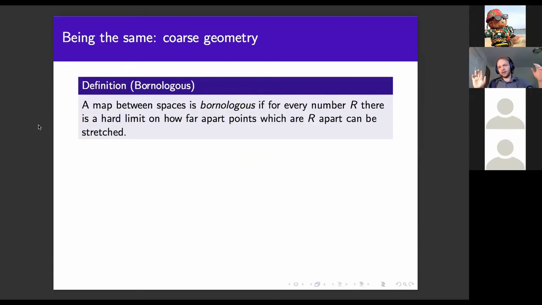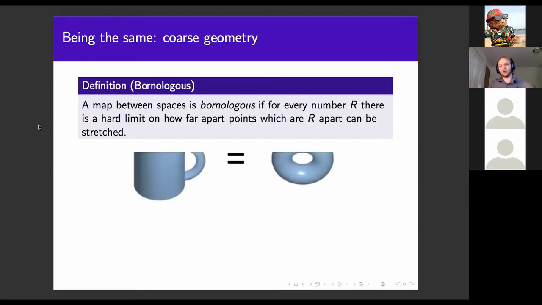Okay. Now so that was kind of like the early 20th century point of view, that the real line is the same as the 0, 1 line. Let's look at a different point of view, which, to be clear, I'm pretending that they're contradictory, but of course they're not. They're just different perspectives, which are useful in different ways. We're going to talk about coarse geometry and why is the real line like the integers. And for that, we're going to throw away continuous as an idea, and we're going to bring in something called bornologous, which I know the name sucks. We're kind of stuck with it. Someone invented it in like the early 2000s and we're stuck with it.